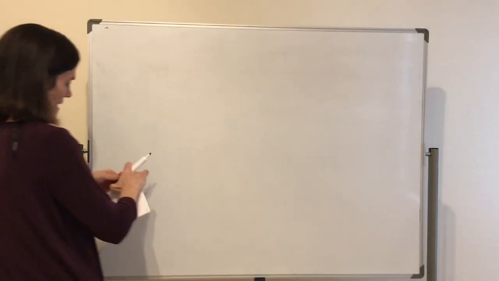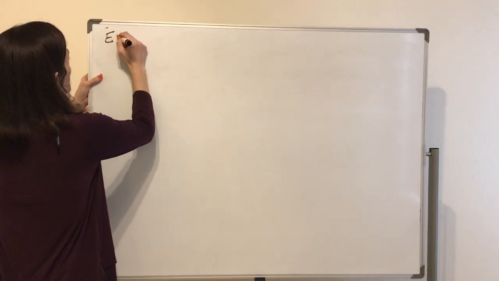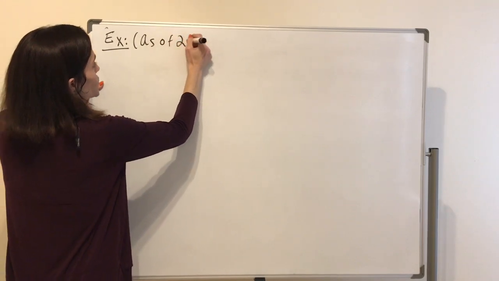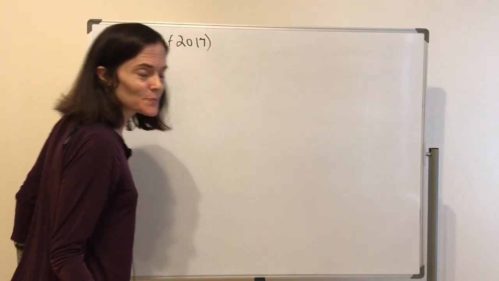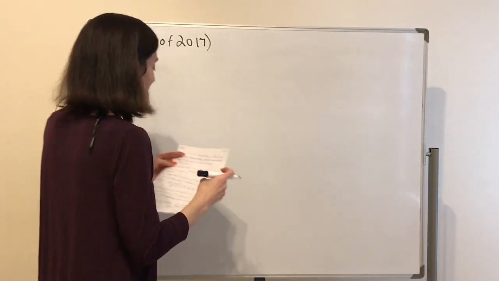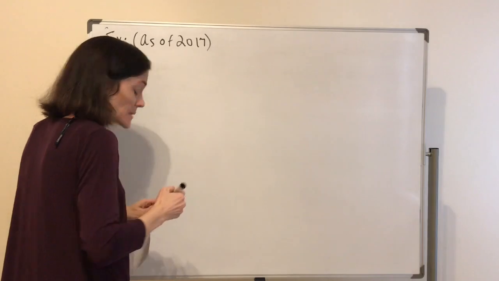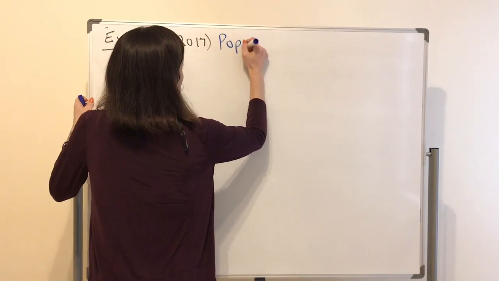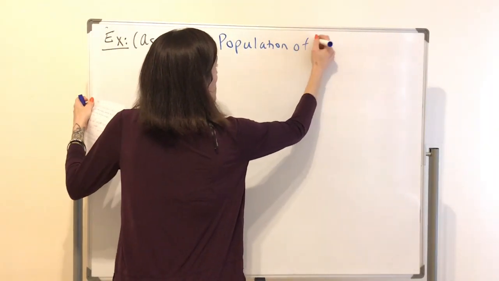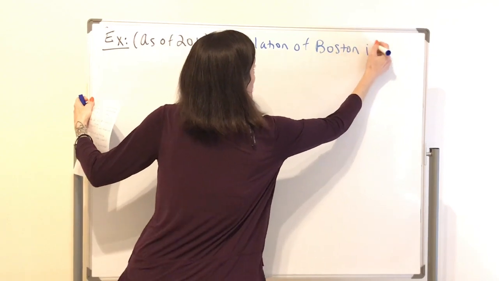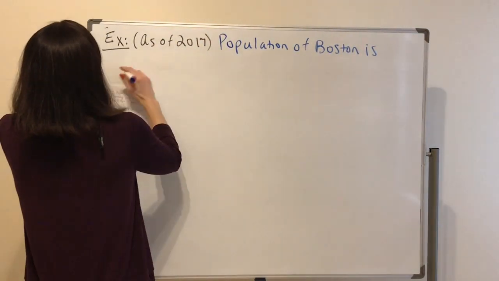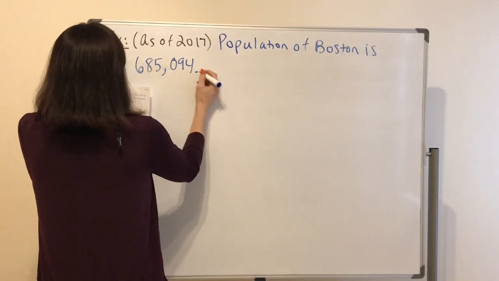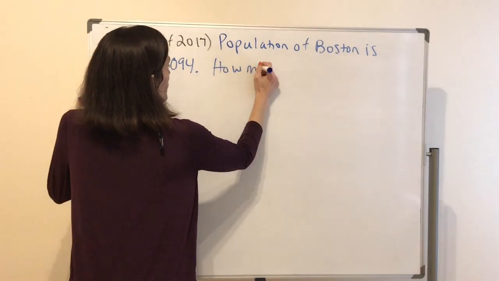Okay, let's do an example. And what I'm about to say is true as of 2017. I just Googled this, and all they gave me is the 2017 numbers, and it's as follows. It's about the population of Boston. The population of Boston is 685,094. And the question is, how many people